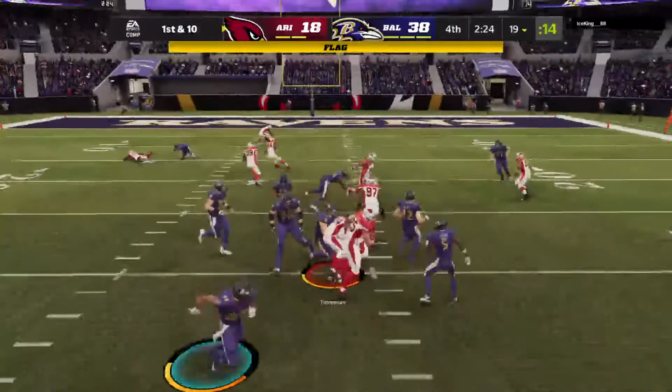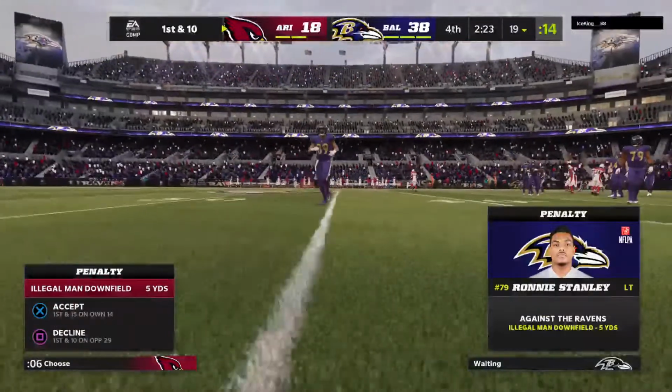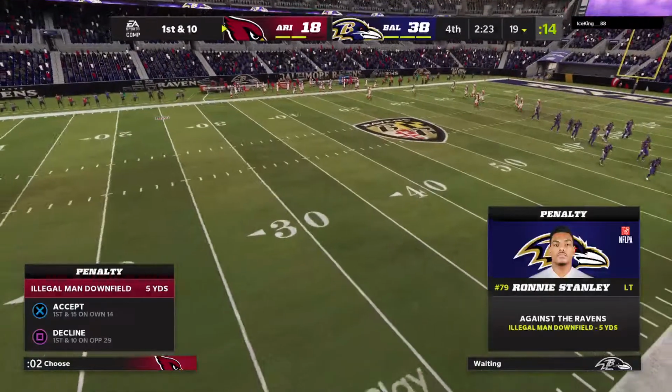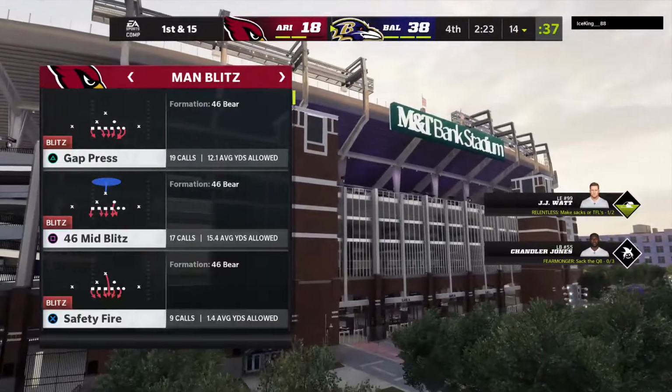And my goodness, another interception. Jalen Thompson picks it, and they will take over at the 29-yard line. Now those linemen, of course, can't more than a yard downfield when a